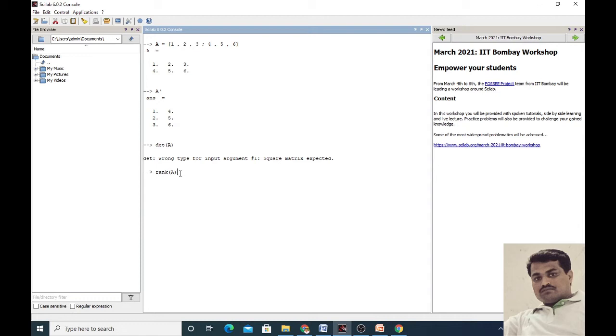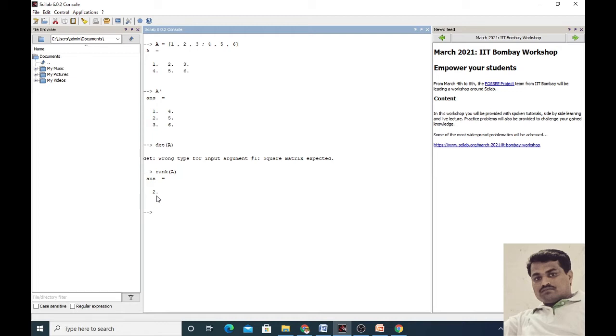If we apply this command RANK, rank of matrix A, then we press the enter key, we get the rank of the matrix is equal to 2. Here the matrix contains 2 rows and 3 columns. Hence if you find its rank by regular calculation, you get the same answer, rank 2. Suppose the matrix A is a 5 by 5 matrix, or a 10 by 10 matrix. Then for any kind of matrix we can find the rank immediately.